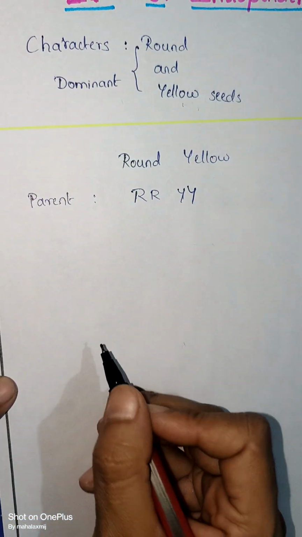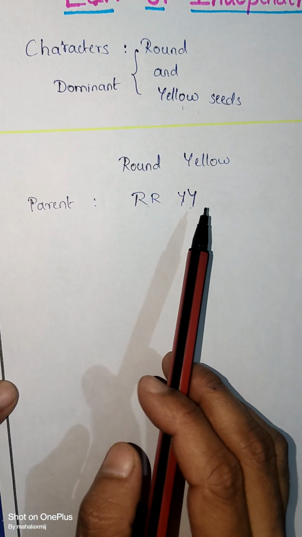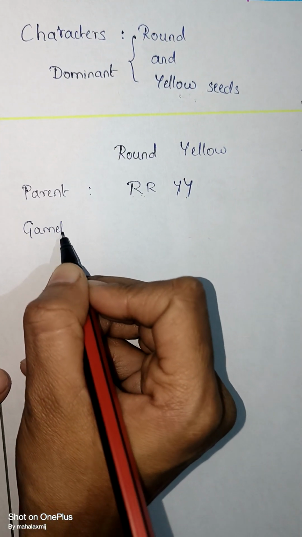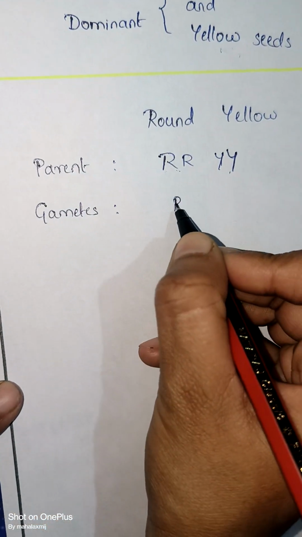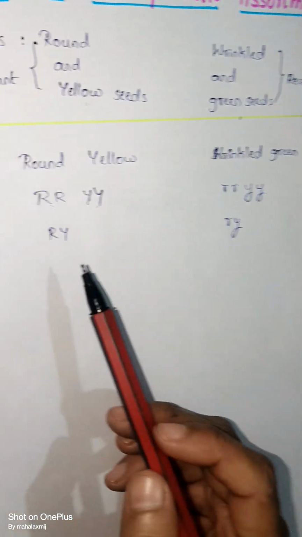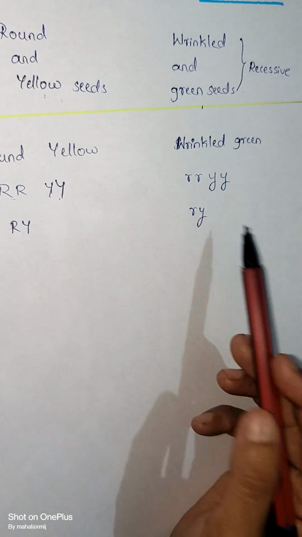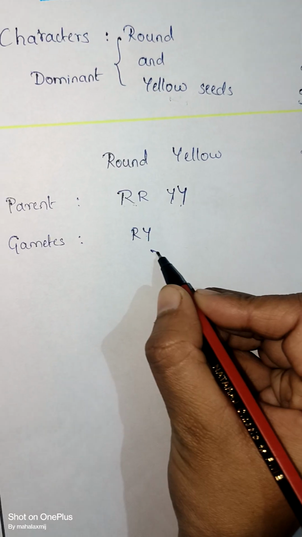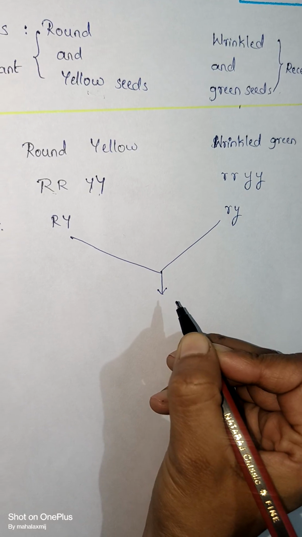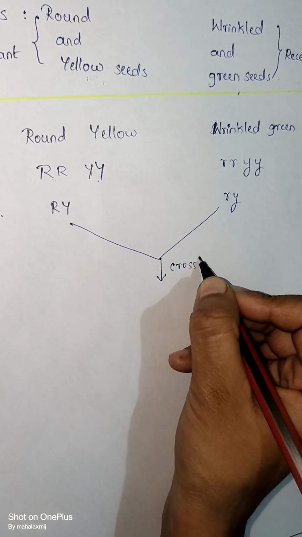Now these are our parent pea plants. As we are doing the dihybrid cross, we should write them together. We are not supposed to separate them. Now the gametes produced are capital R, capital Y, and small r, small y. It is a dihybrid cross, so we are taking them together: round and yellow RY, wrinkled and green small r, small y. Now these both have to be crossbred. Crossbreeding is nothing but a kind of cross pollination which you have studied in sexual reproduction in flowering plants. So when they undergo crossbreeding,